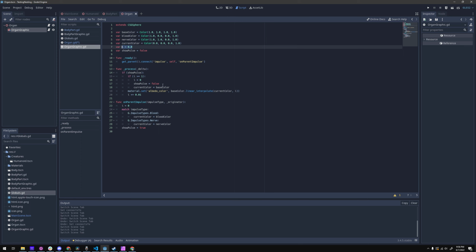And I just have I to iterate through and reset. So if I is greater than 1, so it's going to go from 0 to 1, I reset it to 0, I turn off the pulse, I set the current color to the base color, basically resetting it, and that's all that does. Everywhere else, if the pulse is turned on, it sets the value of albedo color,